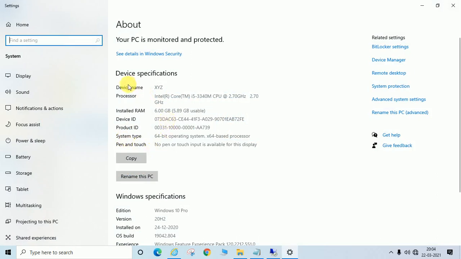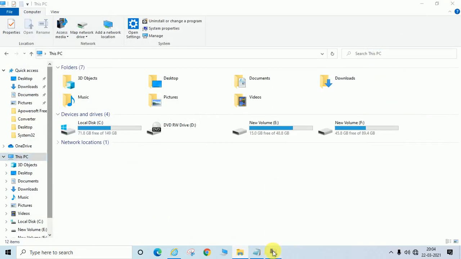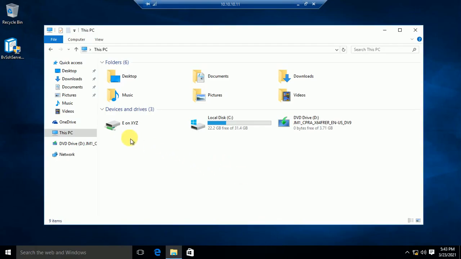You can see device name XYZ. Actually this system is updated to version 20H2, so that's why it is showing here device name, otherwise it will show computer name. So in this way you can map a local drive in a remote PC,